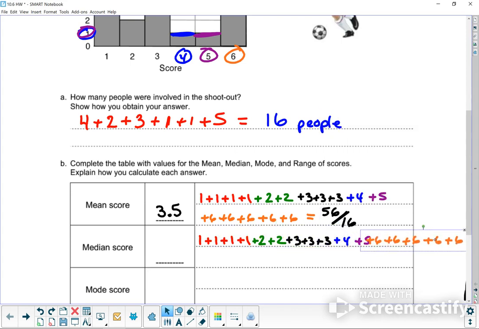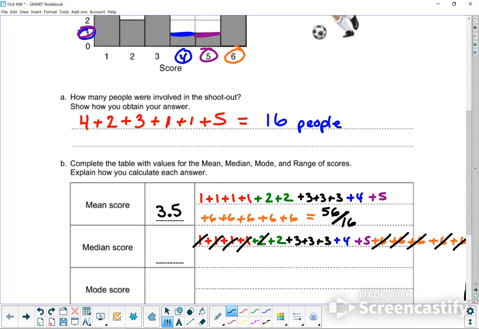Okay, so if I put all of these in order, the median is going to be the number that's right in the middle. So if I start off on the outside, cross off the 1 and the 6. 6 and the 1. 1 and 6. 6 and 1. 6 and 2. 2 and 5. 4 and 3. And now I'm stuck with two numbers, 3 and 3. If I have 3 numbers, then I can cross off the 2 on the outside, and I will be left with the 1 in the middle. But because I have 2 numbers, I have to find out what's in the middle of 3 and 3. And that is another 3. So 3 is between 3 and 3. So my median score is